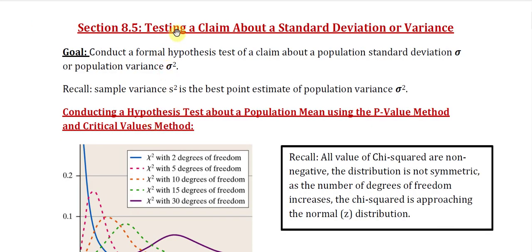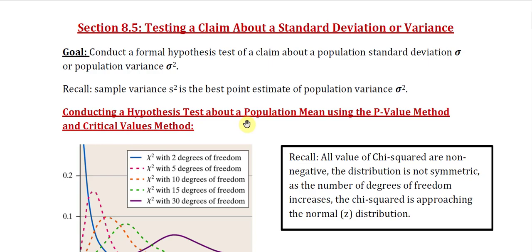Hi, in this section we are learning how to test a claim about a standard deviation or variance. The goal here is to conduct a formal hypothesis test of a claim about the population standard deviation sigma or the population variance sigma square. Now recall that the sample variance S square is the best point estimate of the population variance sigma square. Now, to conduct a hypothesis test, we use either the p-value method or the critical value method, and